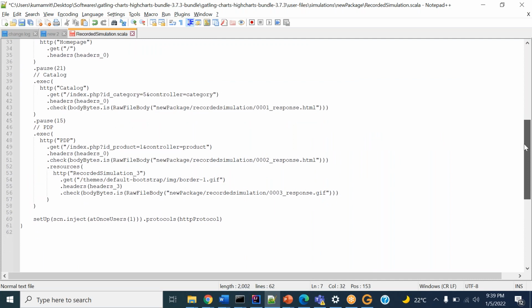So HTTP, and in the double quotes, you put catalog. That is just a name, right? Very important we understand this very clearly. If you remember, at the time of recording, we put the tags catalog, homepage and PDP. We put that tag just to define the transaction name, because if it's a known application, it's good.